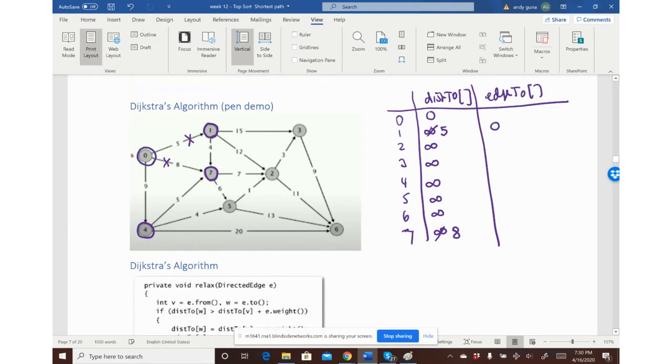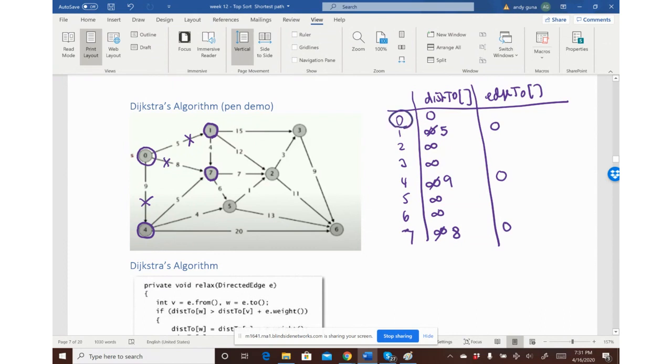But I came to 8 from 0. Okay, same thing with the distance to 4. We thought it was infinity, but we know we can find a better estimation, which is 9. And then we came to that from 0. Okay. So the next thing I'm going to do is